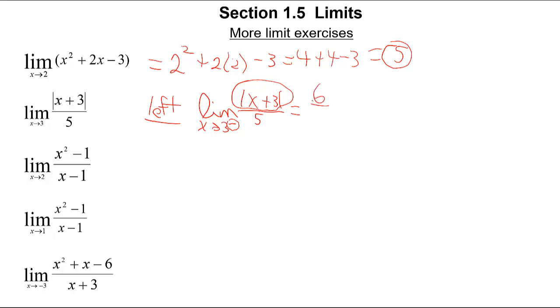So if you think about it, if you come in from the left, no matter how close you get to 3, you're going to get something really, really close to 6/5. If you're coming in from the right,